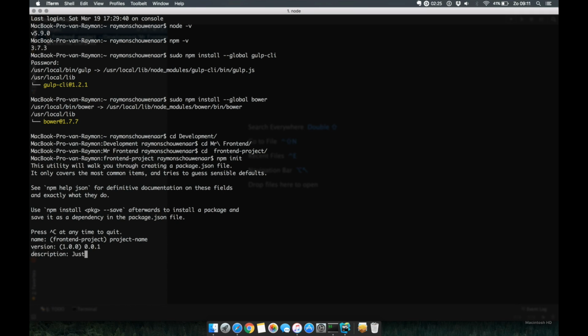Description, just test project. You can fill in whatever you like. Entry point, for now we don't need an entry point or also not a test command. The Git repository, we're gonna fill that in later. Keywords, no keywords. And my name as an author,